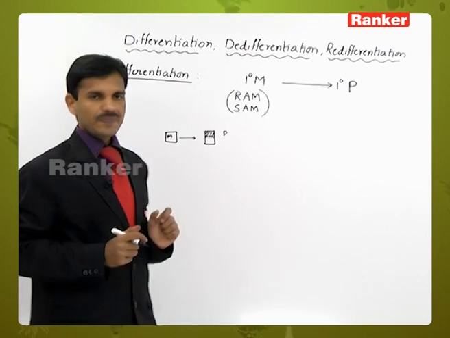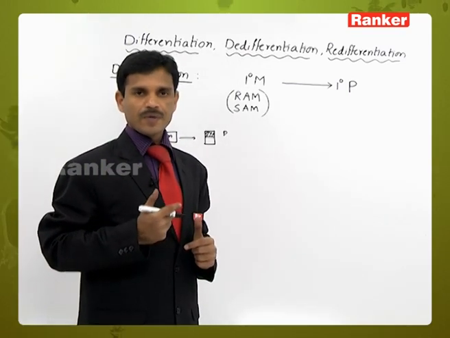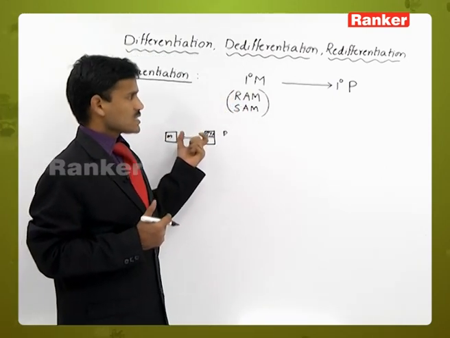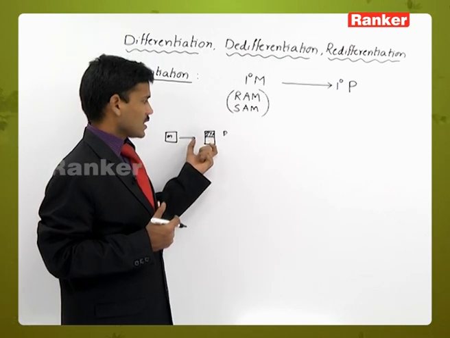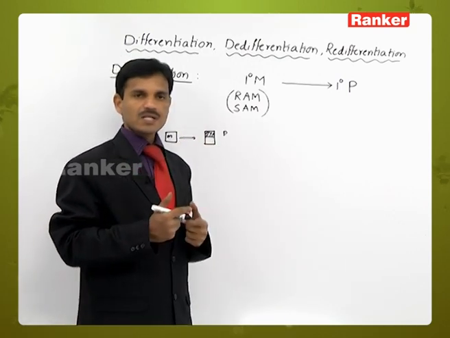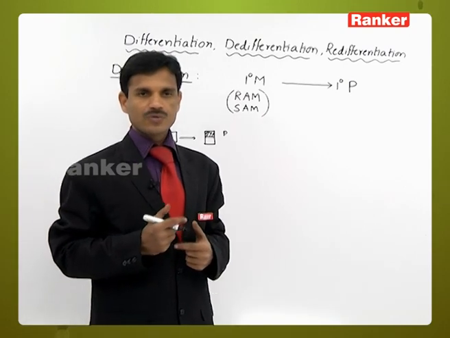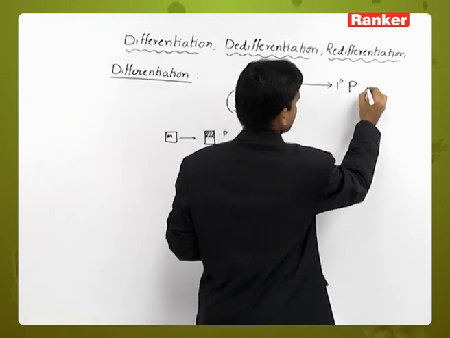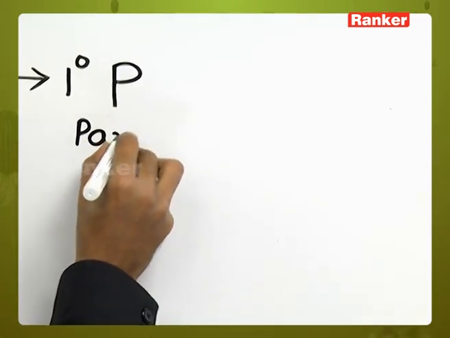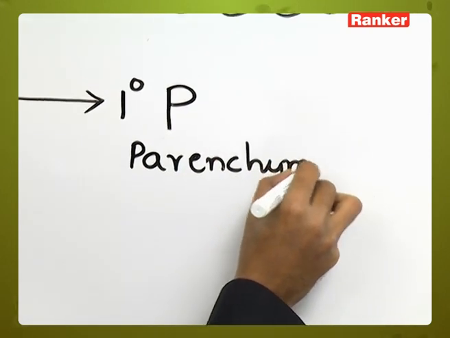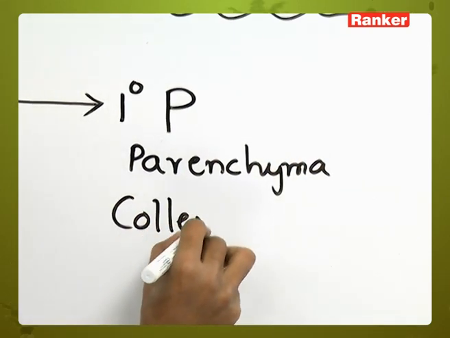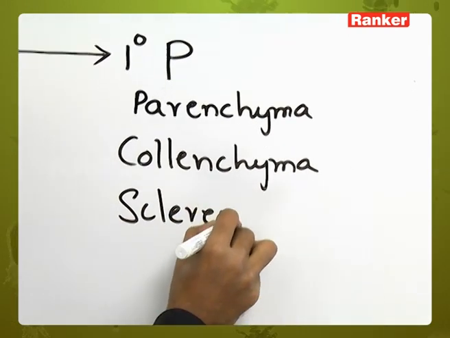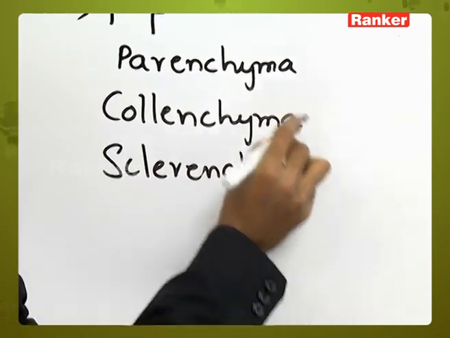So what is a permanent cell? They have lost their capacity to divide. The produced daughter cells or young cells, not all of them have meristematic activity. Some cells have lost the capacity to divide, so these cells are called permanent cells. For example, permanent cells are parenchyma, collenchyma, sclerenchyma. So all these are